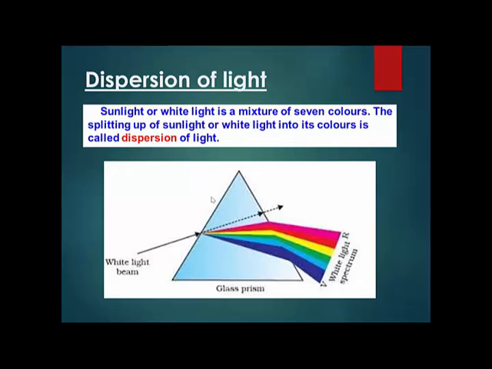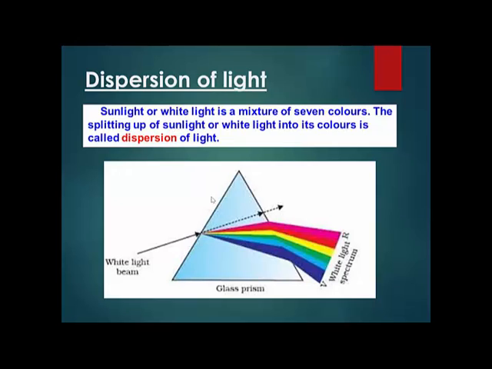Okay, now suppose right now you're sitting in your classes, you're all attending your online classes, the light is not getting dispersed. All you see is a white light which is coming from the sun, isn't it? But you can have a setup in which the same white light that is coming from the sun, you can disperse that white light. How you disperse that white light is something that we are going to study now.